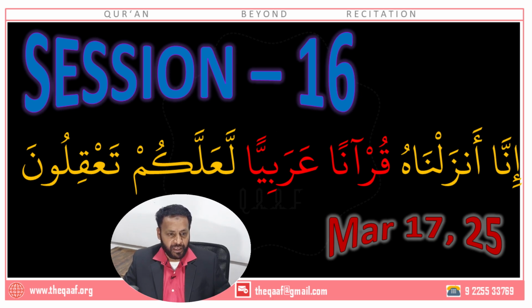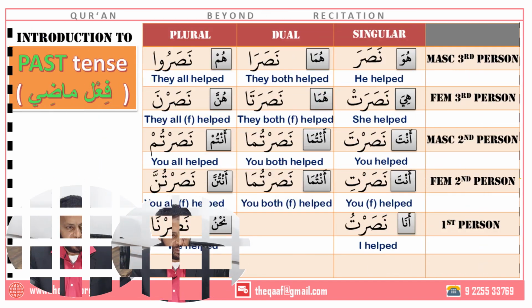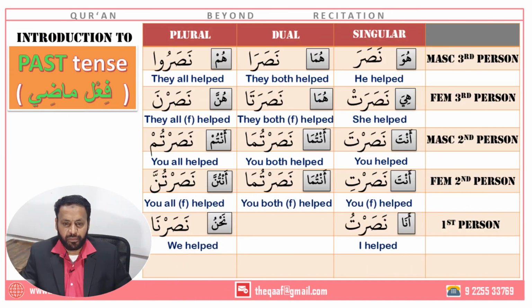So this was the past tense table that we looked at yesterday, and let me put out the whole table on top of it. Okay, so this was the table basically. 3 columns, 5 rows. First column singular, second column dual, third column plural. First and second row, third person. Third and fourth row, second person. Last row, first person. 1 and 3 row masculine, 2 and 4 row feminine, last row common.